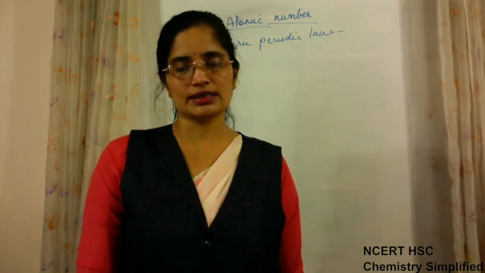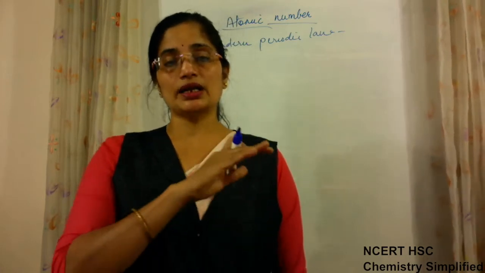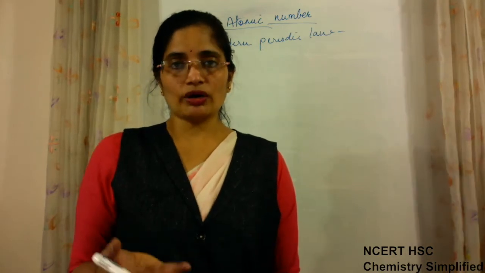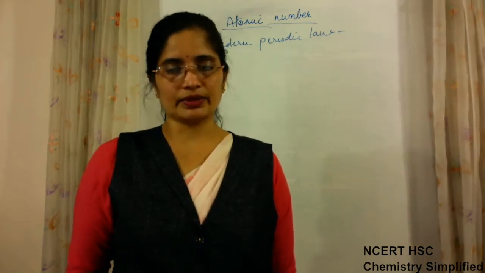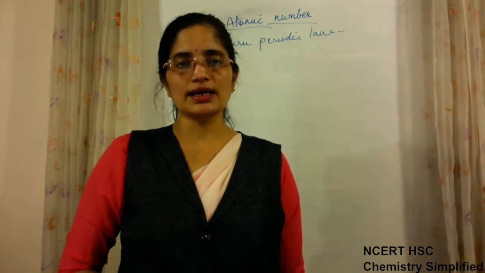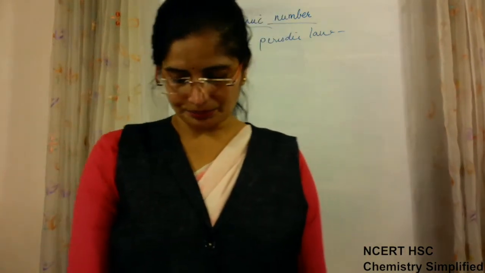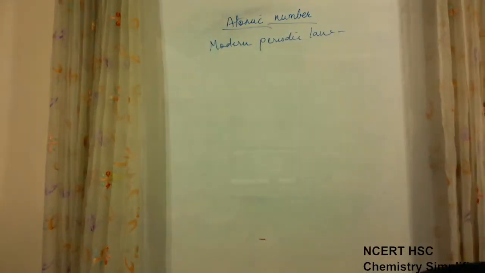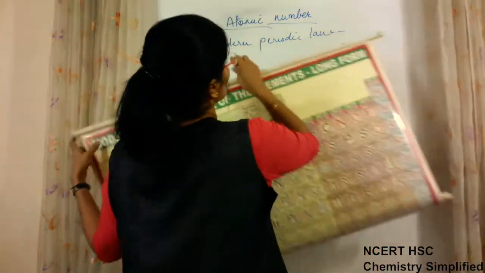Now the meaning of this statement is that when we arrange the elements in the periodic table in increasing order of their atomic numbers, then because we are calling it a periodic table, every property is repeated after a regular interval. Or you can say that the elements belonging to one group are similar in their properties, not same, similar. Okay, now for understanding the periodic table, first we will have to give a look to the periodic table, and then we will study its various properties.